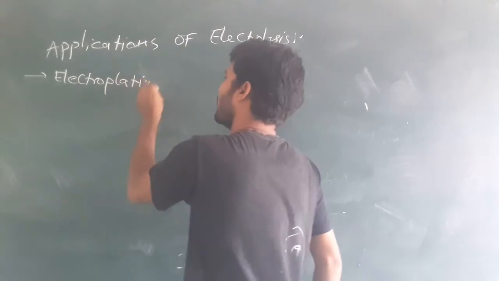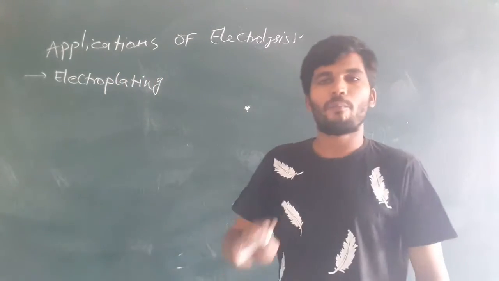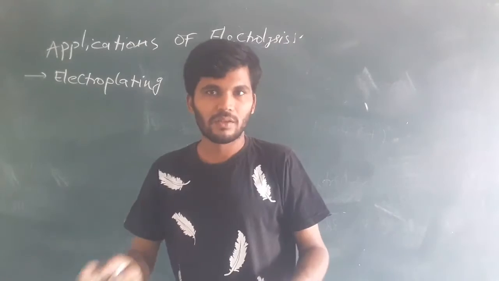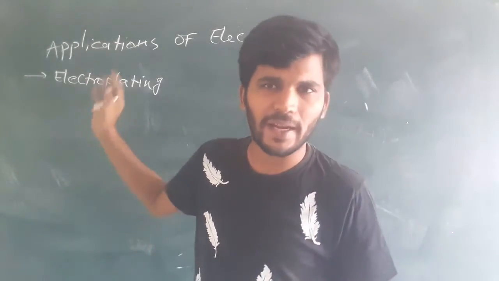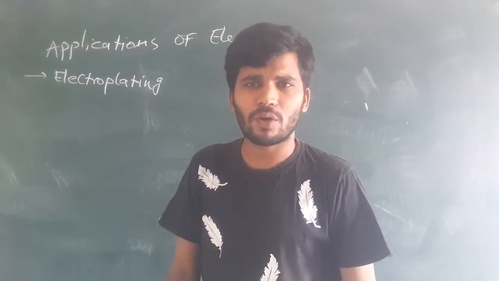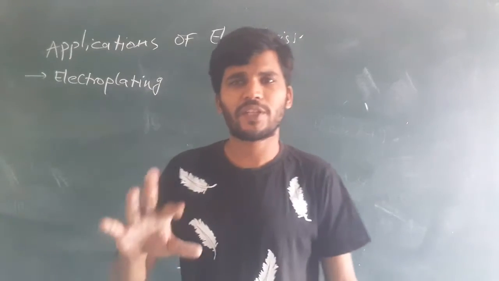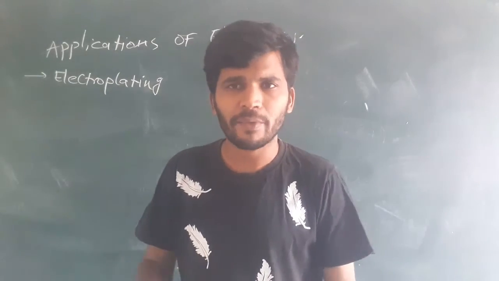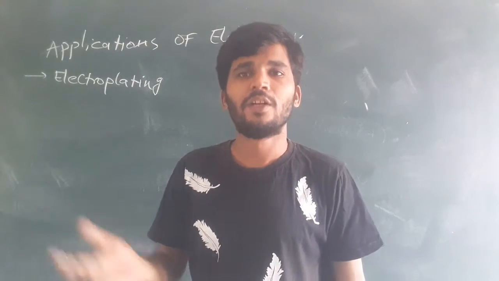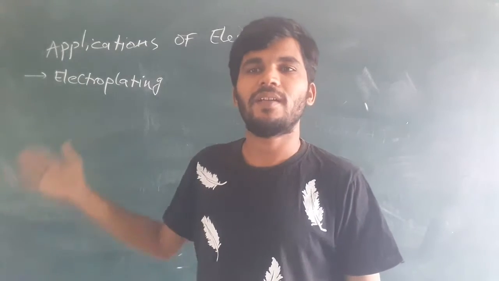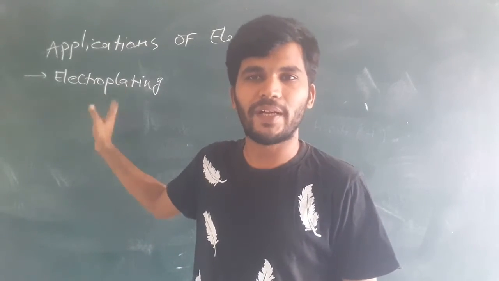What is electroplating? Electroplating is nothing but providing a coating on any metal. एक metal पे दूसरे metal की coating electroplating है. For example, at our home we are using utensils which are made up of steel, but on some utensils there is a layer of aluminium, right? So that layer is because of electroplating.